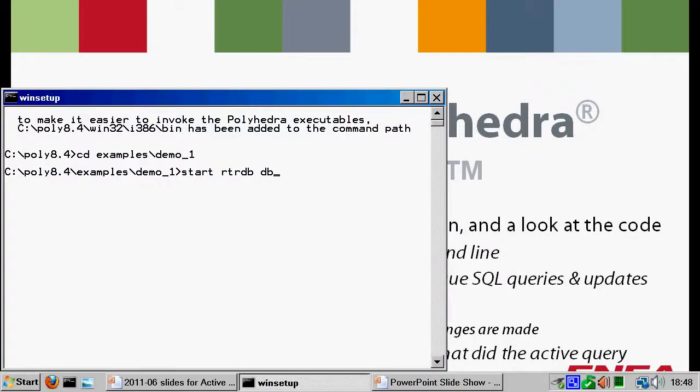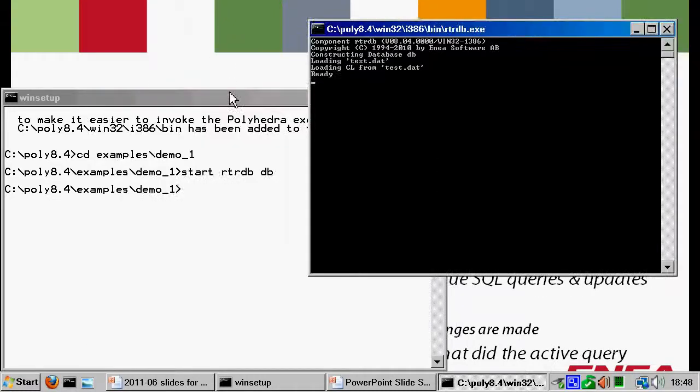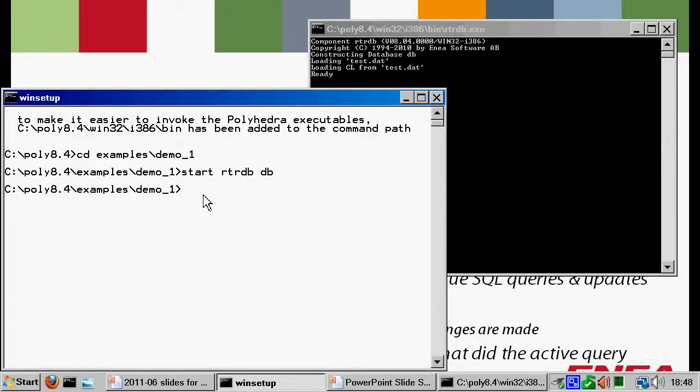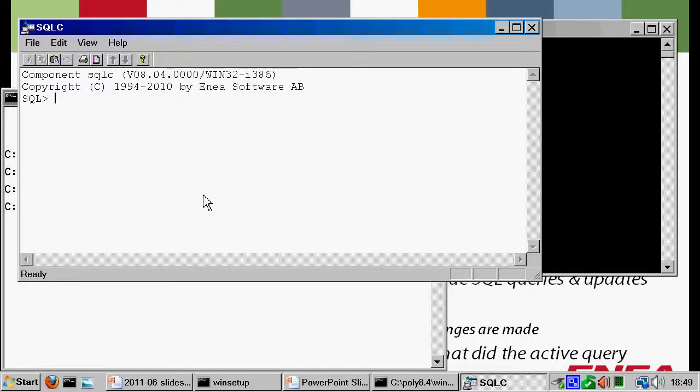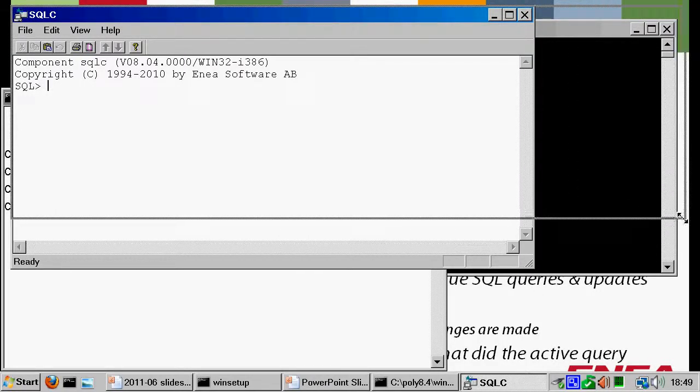To start off the database, I shall issue a simple command line command. Because I used the start parameter there, it is done as a separate background process. I shall now start off a second client which I can use for typing in raw SQL at the database. Using this client, I can launch queries,